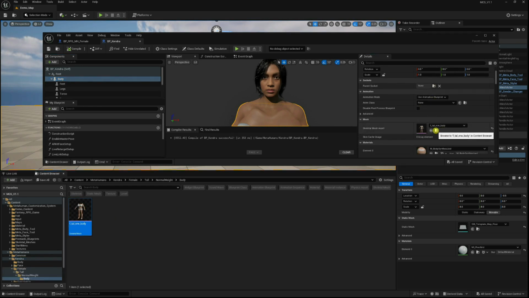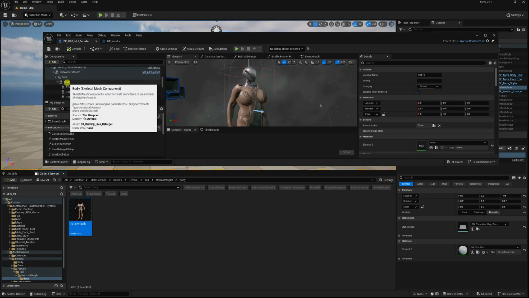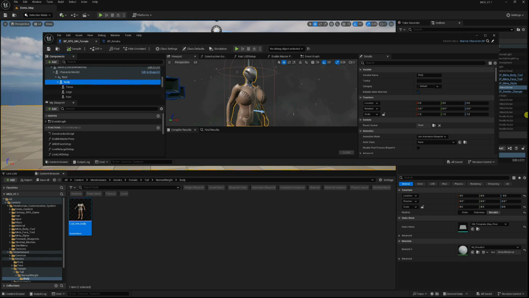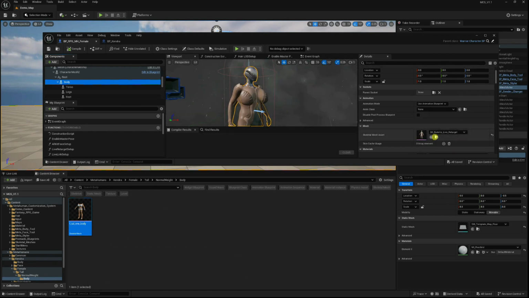This will find the body mesh. So let's go to BP RPG MH female, and browse all the way down to the body. And replace the body with FTOR narrow body by clicking on the skeletal mesh asset, Use selected asset from content browser. Click on that, and you will get a